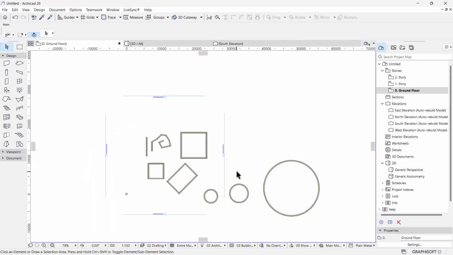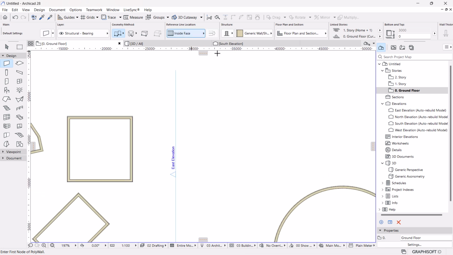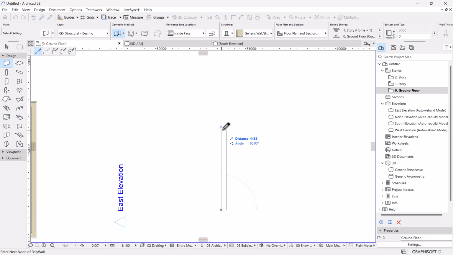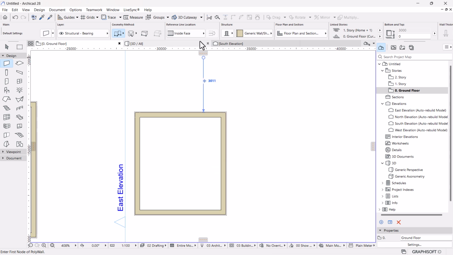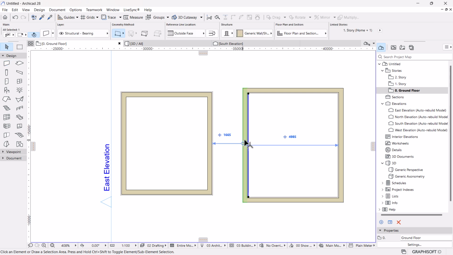All right, to continue with the other parameters of the wall, let's look at the reference line location. It's very important to understand this. It determines the direction of placement of your wall. For example, if I choose inside face, that means the reference line is going to be on the inside. So now I'm going to draw it counterclockwise, right? I'm going to go this direction like so, and then close. If I'm doing it on the outside, I have to do it clockwise, going this direction from left to right. Okay,